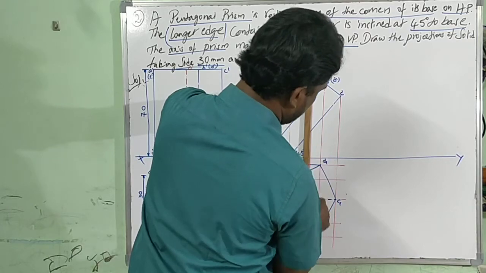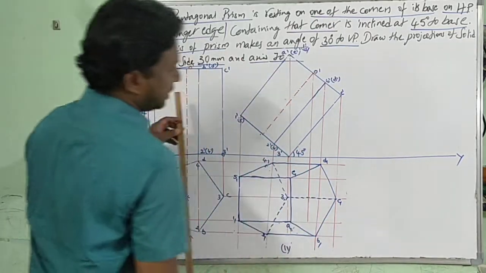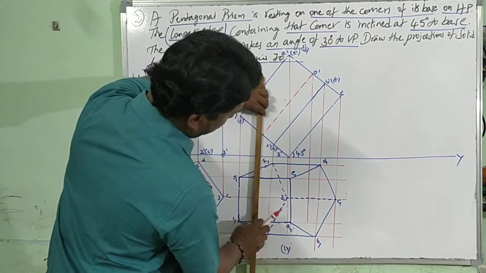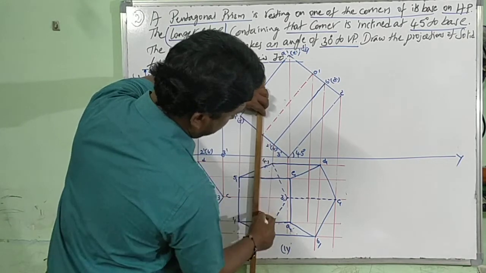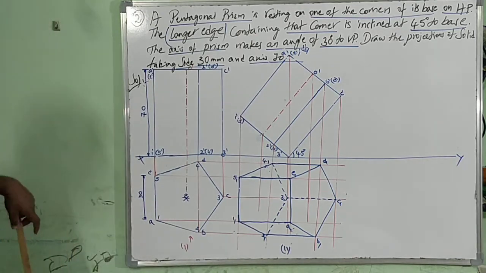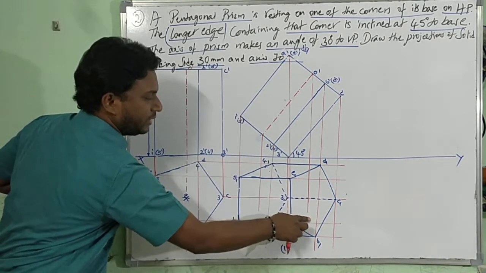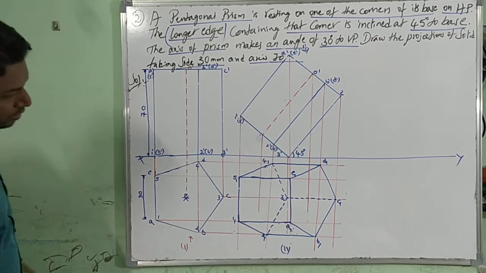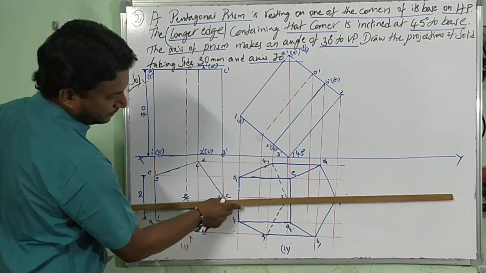See, why I am drawing projectors of the axis last means once you finish the main figure, then it will be easy for you to... that too I am stopping in the wheel. It gives an indication that they only belong to the axis. Now if you observe, if I keep like this,